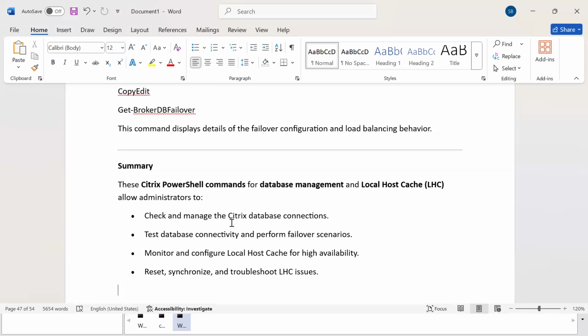Just like how we learn C and C++, some PowerShell scripting basics are also needed: how to write a basic script, how to use conditions, and how to use iterations like loops. That kind of basic PowerShell scripting knowledge is an added advantage, so we can develop our own PowerShell scripts. People are expecting this as of now in interviews. I'll share this in the chat. So spend a lot of